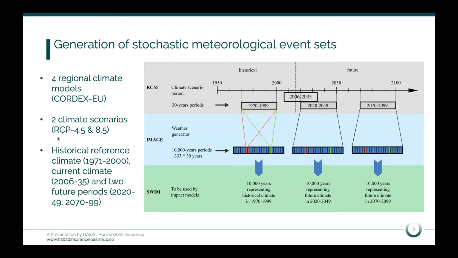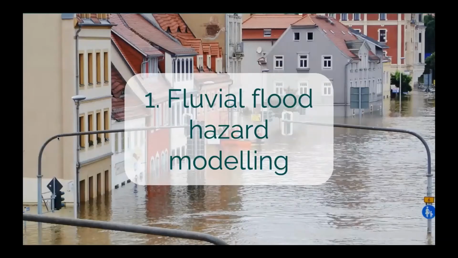projections of climate change in all sorts of parts of the world. And we have done this here in the Danube catchment, particularly looking at flooding, pluvial flooding as well as fluvial flooding. So I'm going to go into the fluvial flooding hazard modeling part. That's something that I've been intensively working on, and it's by far the largest modeling component and the most computationally intensive part of the entire model chain, because it entails